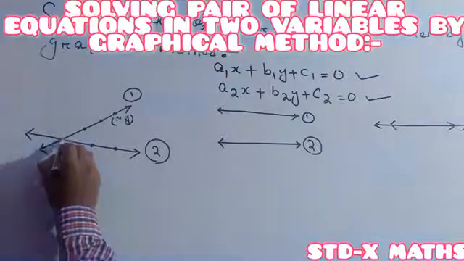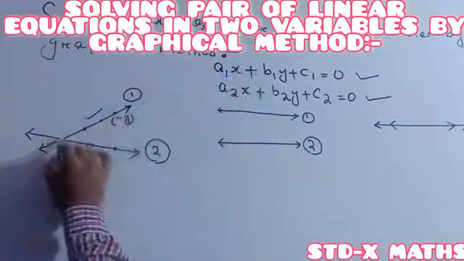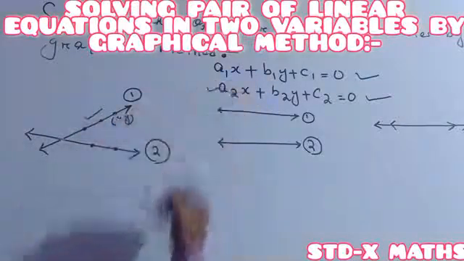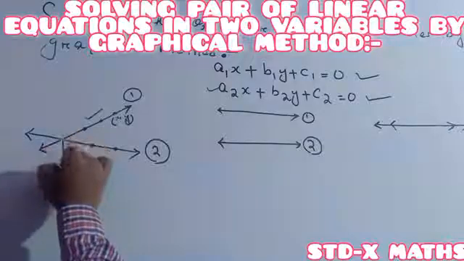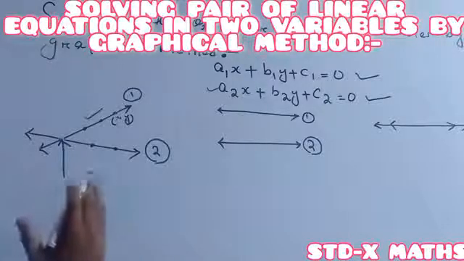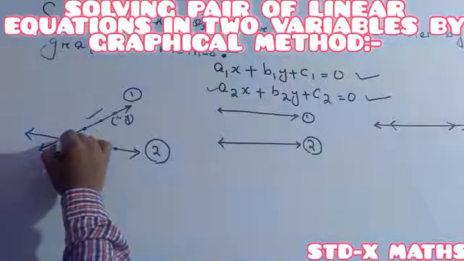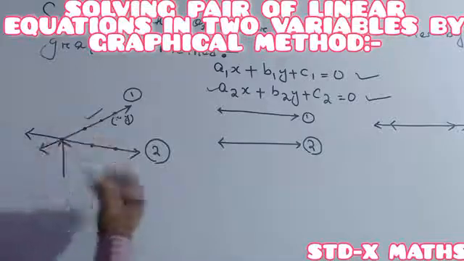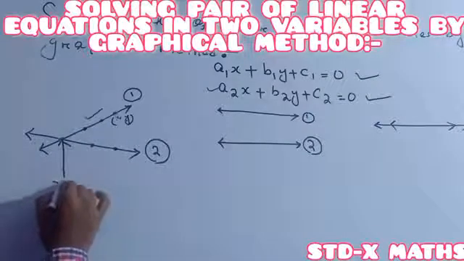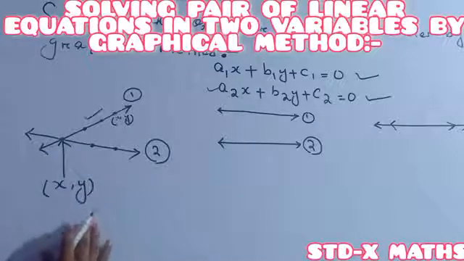So here it is the common point, and that point represents this linear equation. This point also represents this linear equation. So this is the solution. It means whenever in the graphical representation you find both lines intersect with one another at a point, you just have to see where the lines intersect with each other. Suppose the name of the point is x and y. So you just have to think that xy is the solution of the pair of linear equations in two variables.